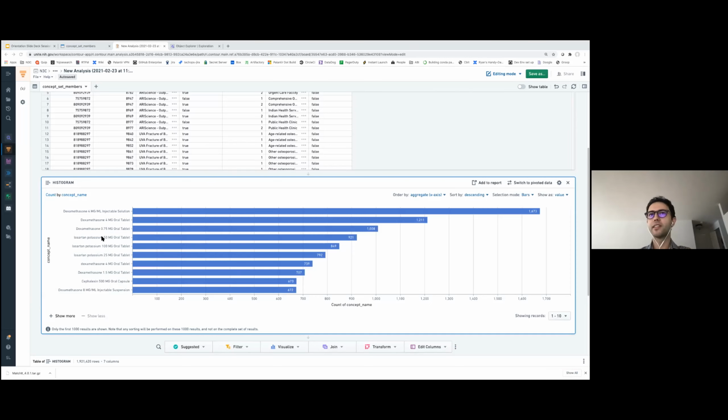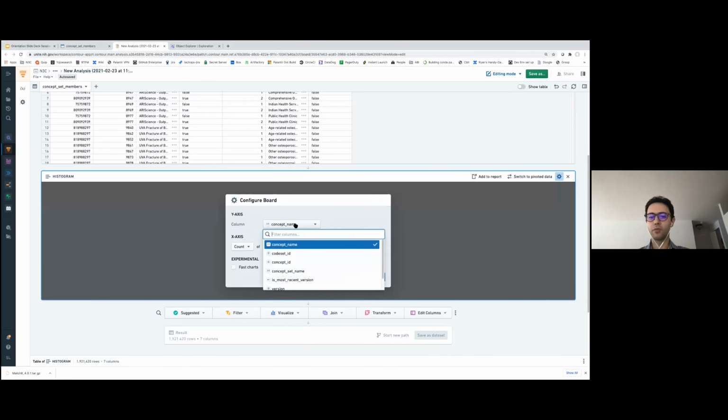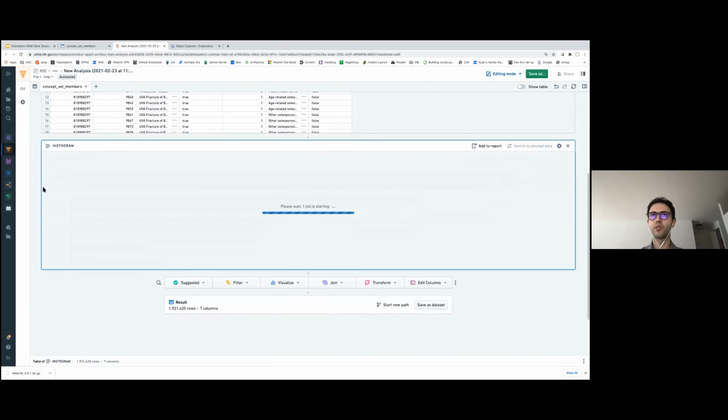So as you can see, these are the names of all the concepts within the concept set member table. And each one, this one for example, has 1,600 occurrences. We can also, interestingly, look at code set ID. So this would give us the distribution of each concept set, meaning how many concepts are within each concept set. So this might be a more relevant histogram to look at.